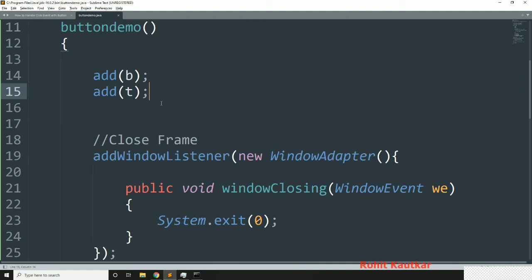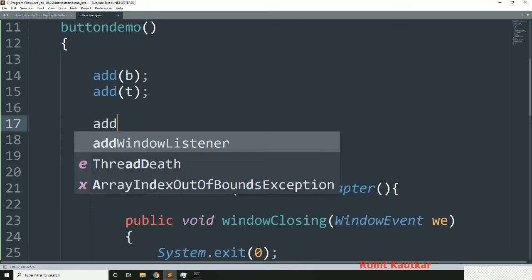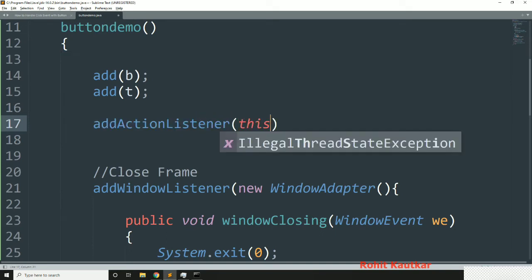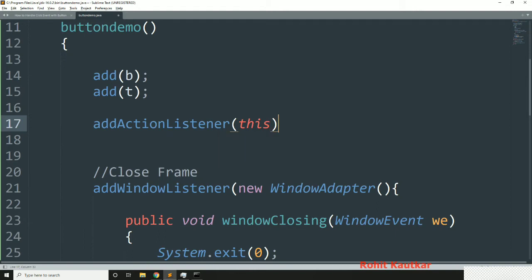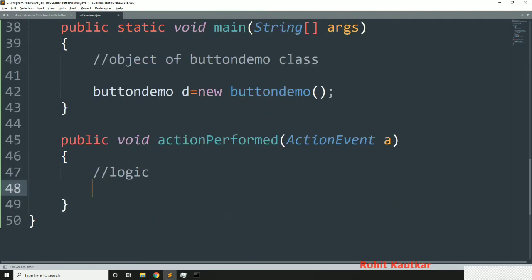So first of all, we will add the action listener to our button. For that I will use the method called addActionListener, and I will write here this. Okay, and now inside of this particular method we will try to write the logic.